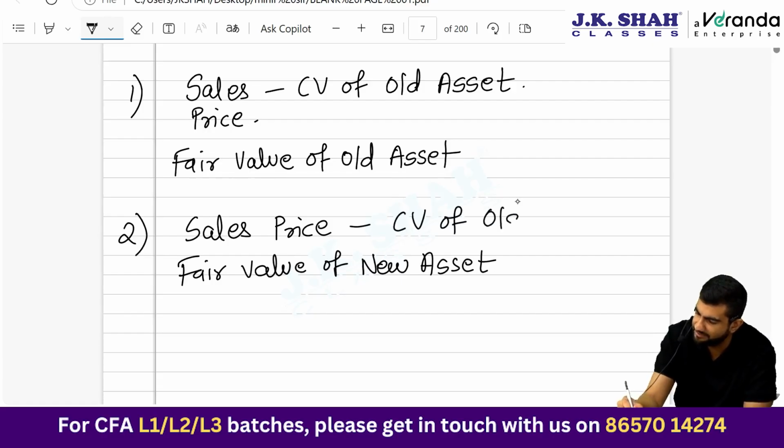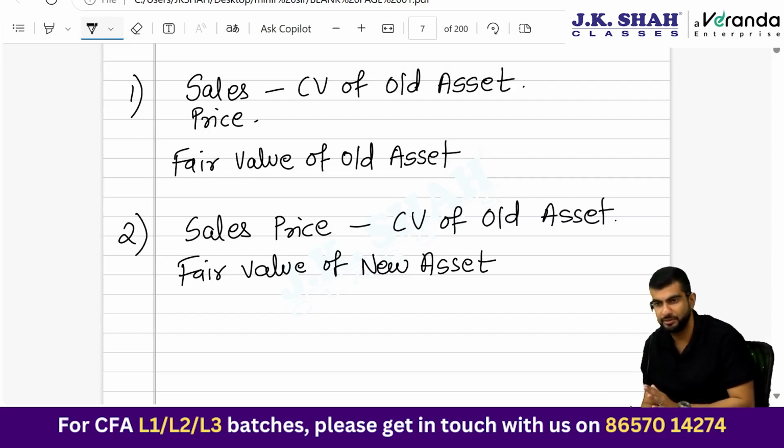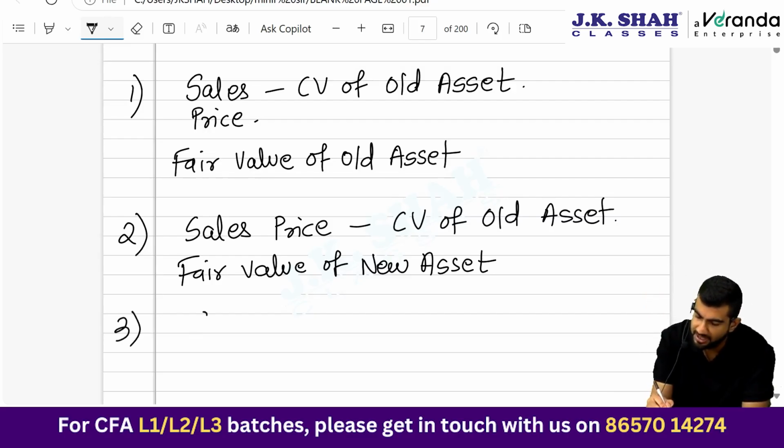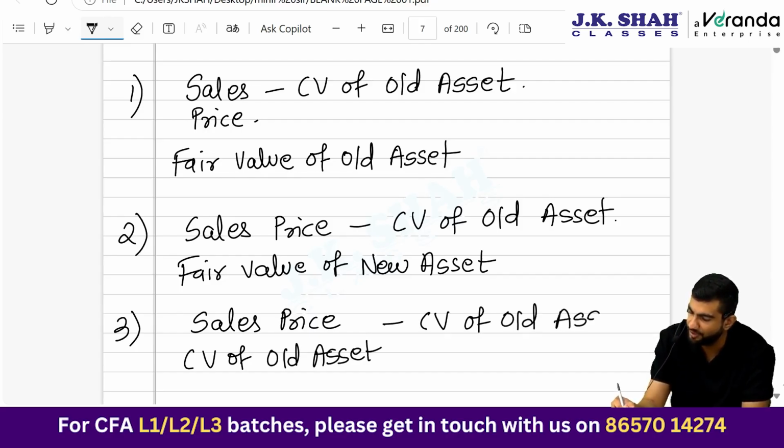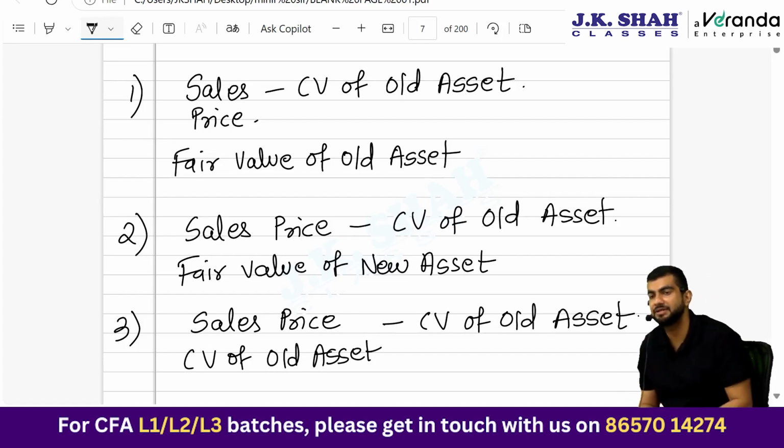What is there on your balance sheet? And the last and final step, if you don't know fair value of new asset also, it could be possible, then go to step 3. In step 3, sales price has to be considered as carrying value of old asset. And as I said here, carrying value of old asset remains constant. So tell me guys, what will be the profit or loss? 0. If you come till step 3, profit or loss will always be 0. Clear treatment? Okay, fine. I think I've covered everything. Not missing out on anything, no? Please let me know. Okay.